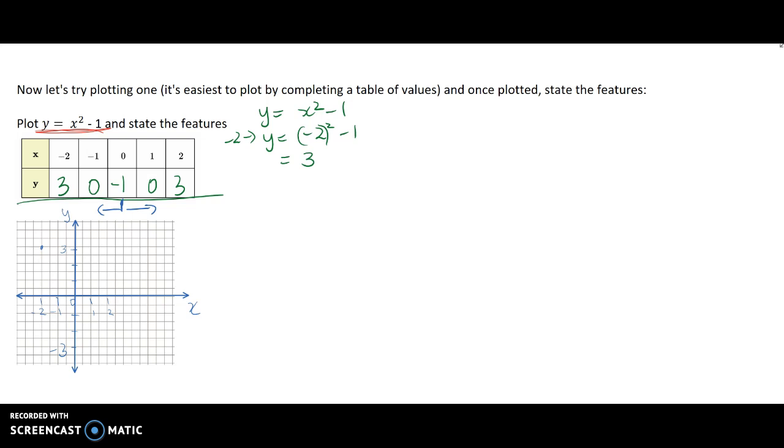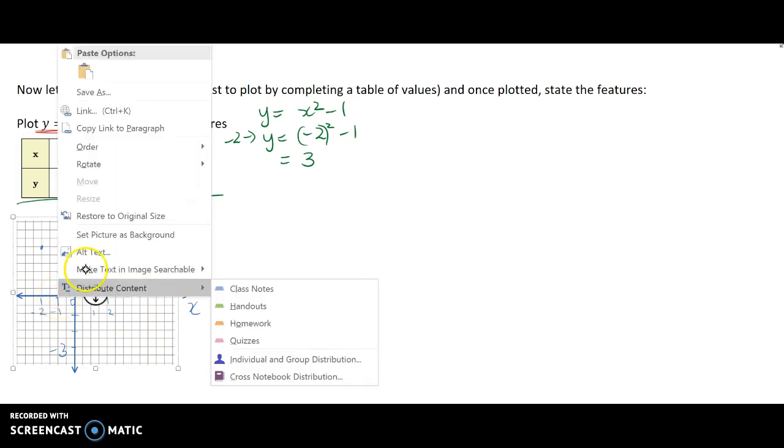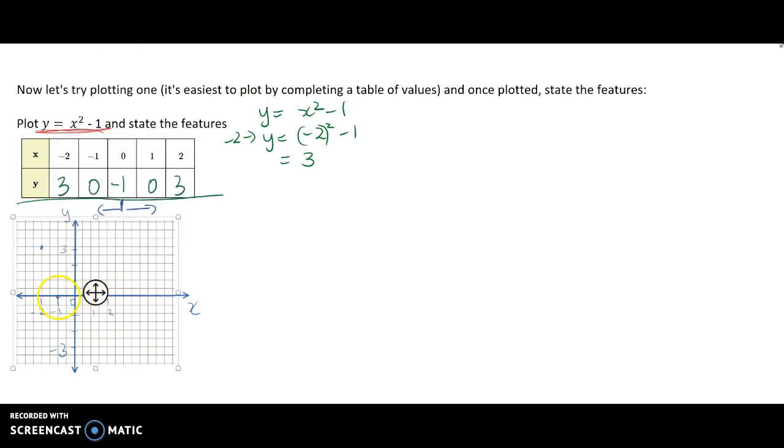Okay, so if we plot this, -2, 3, -1, 0, which is over there, and then 0, -1, which is over here, and 1, 0, and 2, 3. And if we draw the curve, we get something like that. Okay, now I need to get rid of